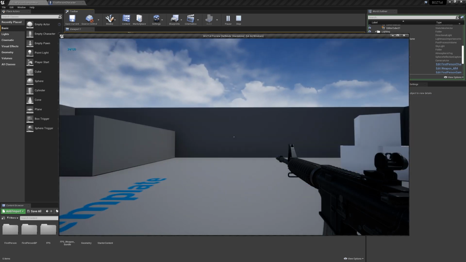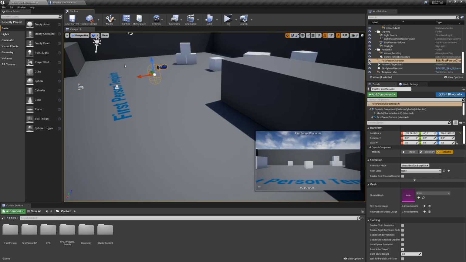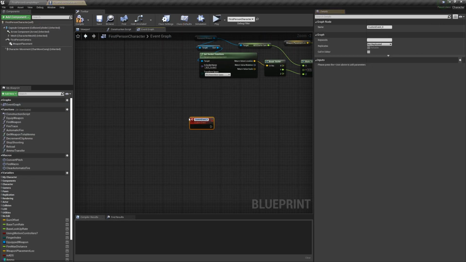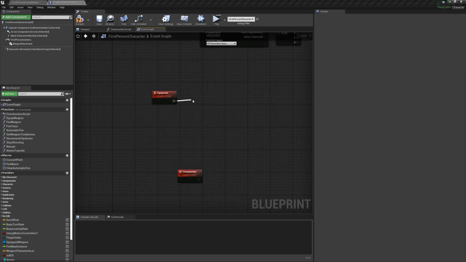Today we're going to be learning about switching weapons, because you've probably noticed if you try to pull out two, they just start overlapping. Doesn't look good. Alright, so we're going to create two custom events. Equip animation and unequip animation will be their names. Equip animation will be for pulling your weapon up, and unequip animation will be for putting your weapon down, similar